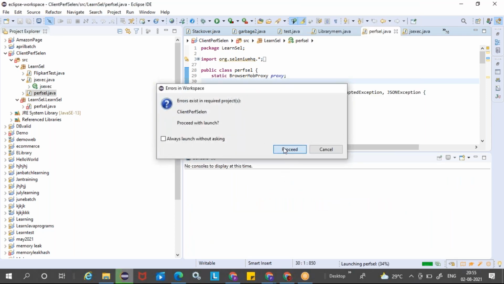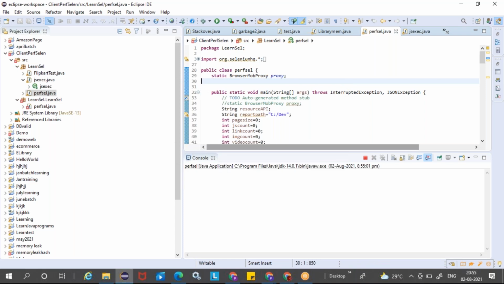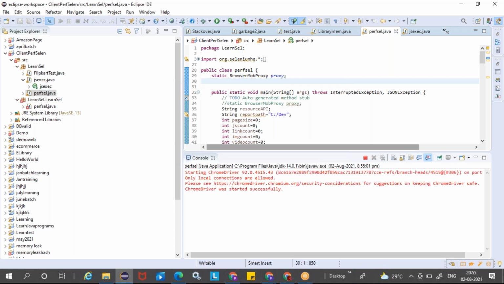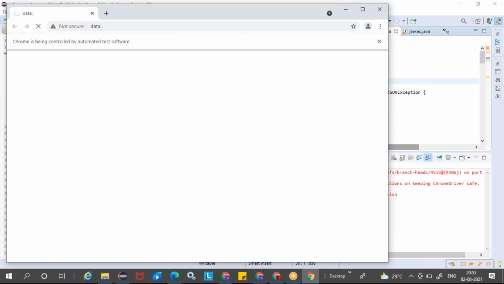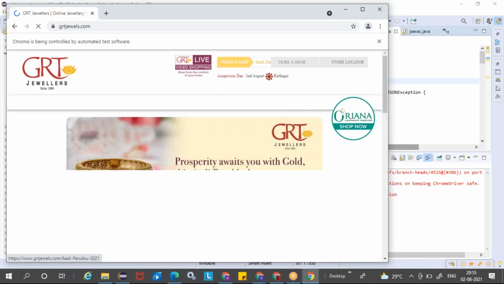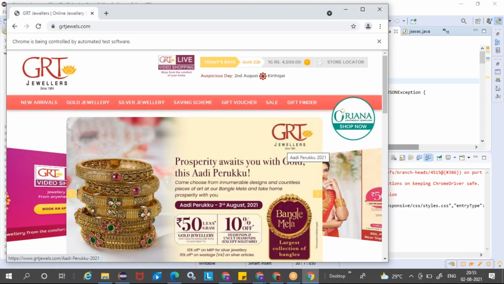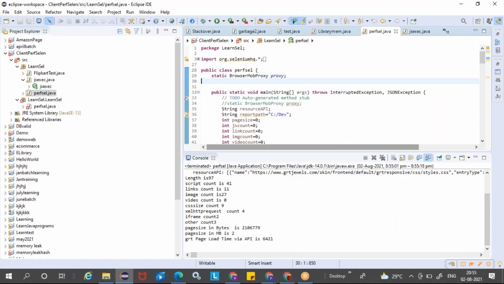Okay, so that is what we will try to achieve in the course as well. So you don't need to worry if you don't know Java. Don't think that you will not be able to learn. It's going to be very straightforward. You can use the same set of line syntax, okay, and you can modify the URLs, and you can still go and run the script for whatever application you want.